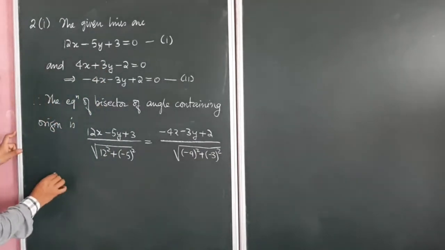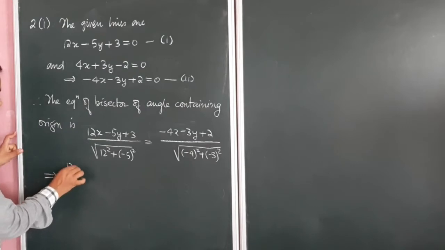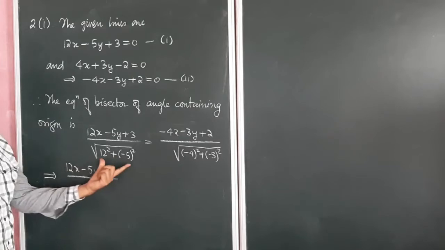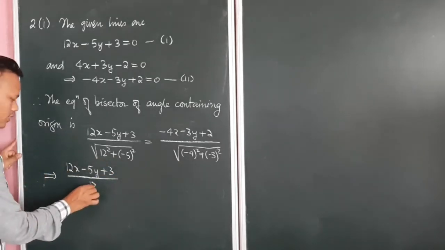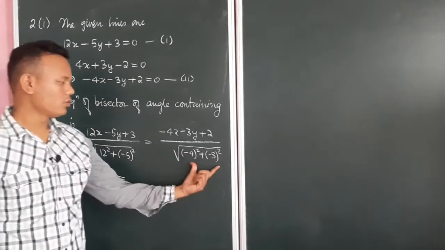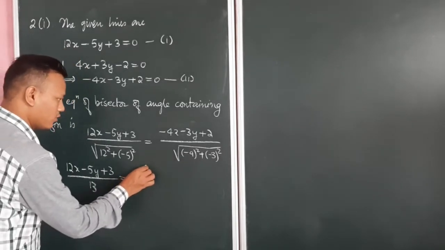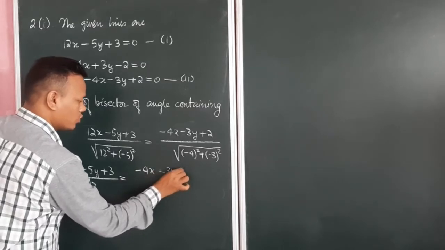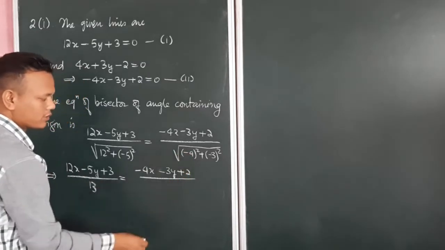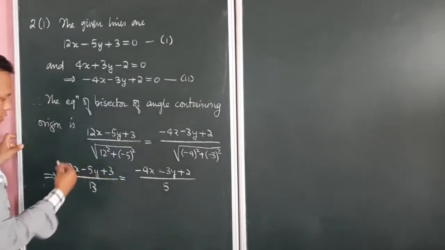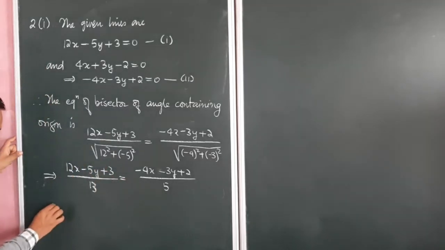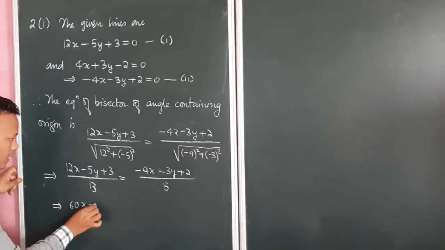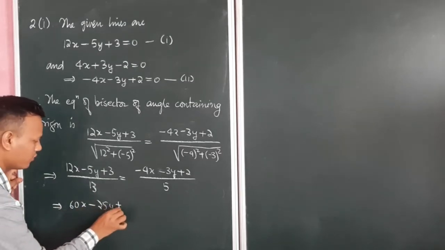Now let's evaluate the equation. From here we get (12x minus 5y plus 3) by, how much is this? This is going to be 13, isn't it? Equals, and how much is this going to be? This is going to be 5. So we have (minus 4x minus 3y plus 2) whole divided by 5. Okay, so let's do the cross multiplication. So 5 into 12, so we have 60x minus 25y plus 15